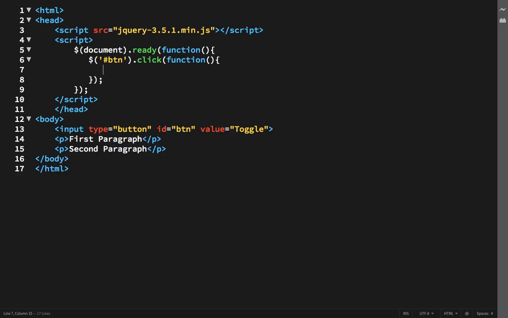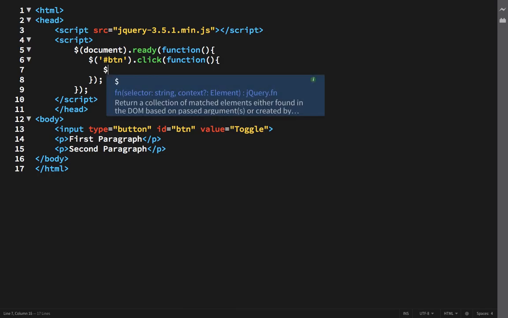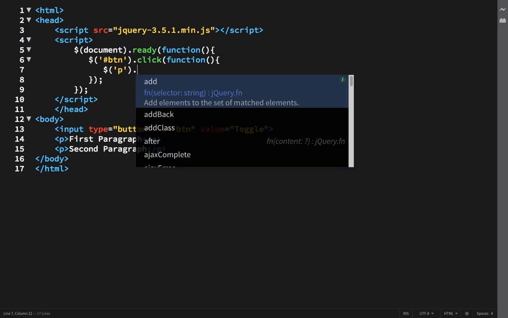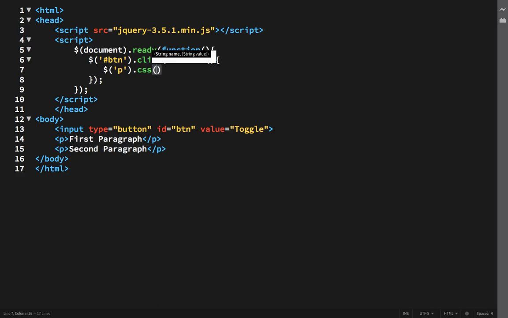So how are you going to hide and show the elements? What we will do is select the paragraphs and check the CSS display property.